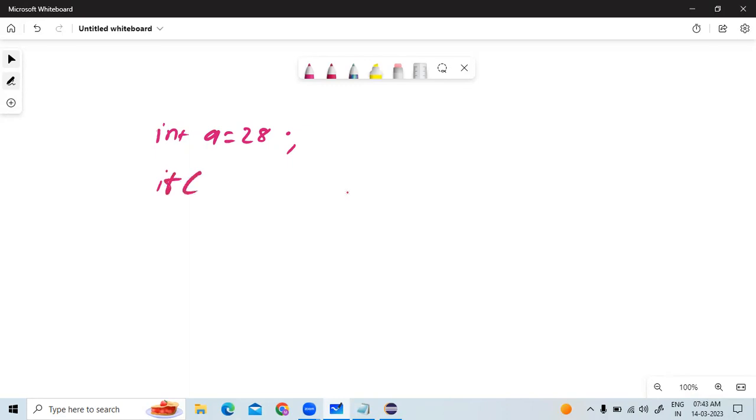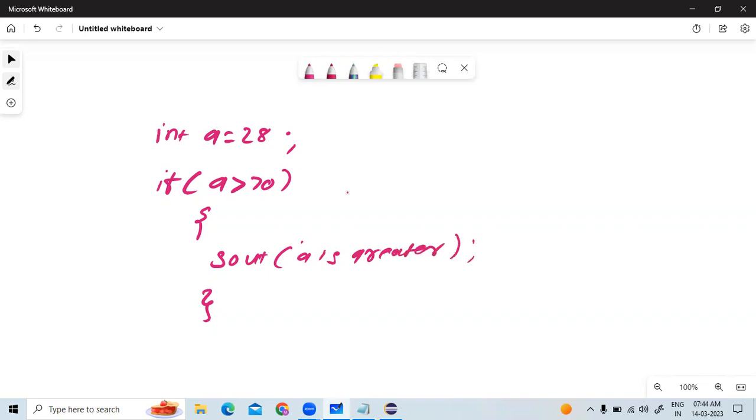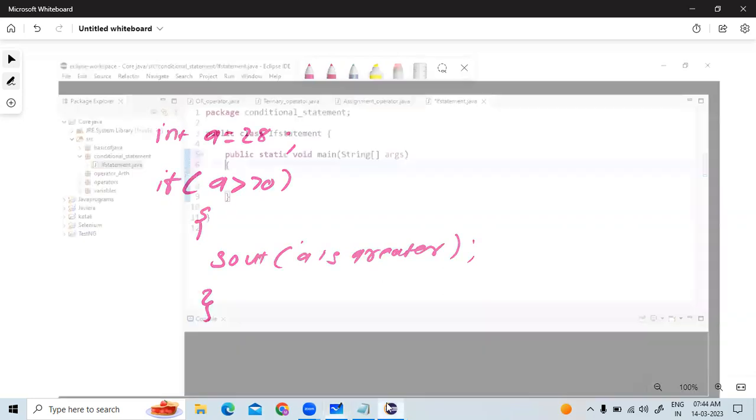If, in bracket, a is greater than 70, then test out a is greater, in a simple statement. So coming back to our code,